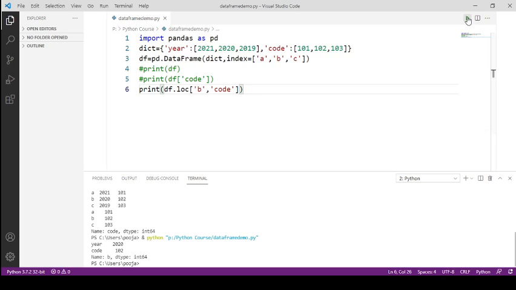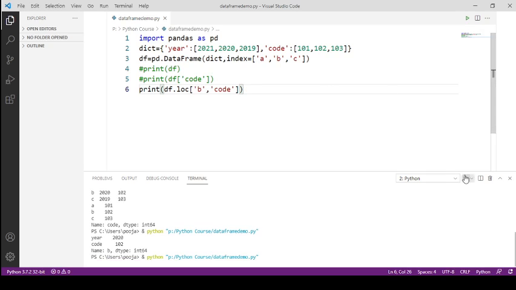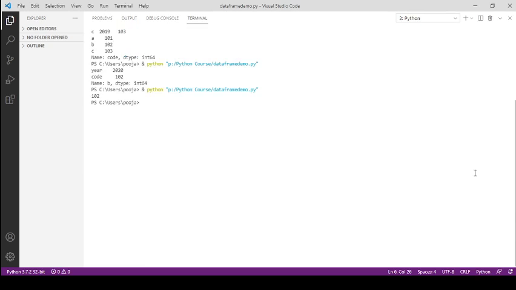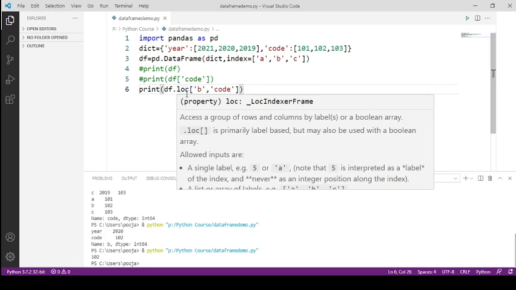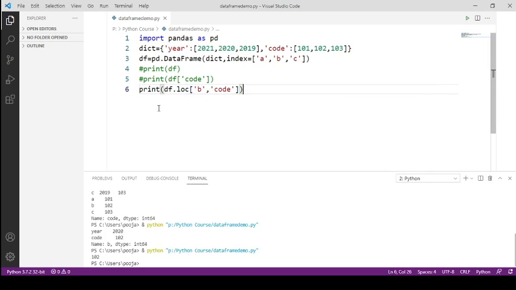When you run this code, you can see 102 has been displayed, because the code value is 102 for index value B, right? So with the loc function you can display a specific row value.